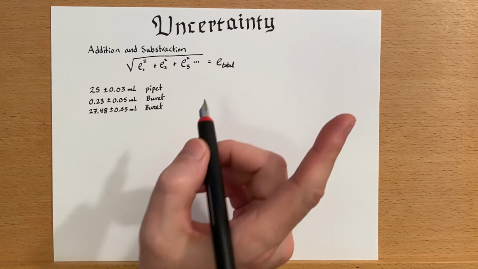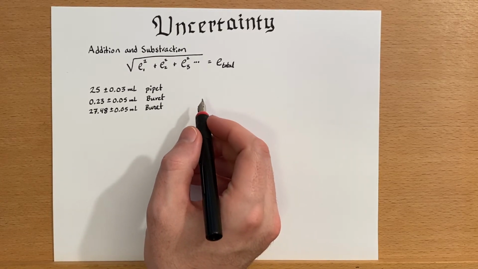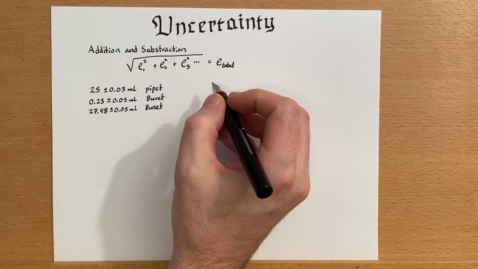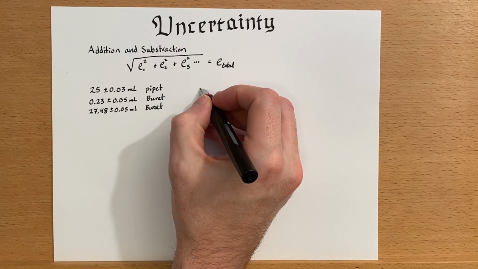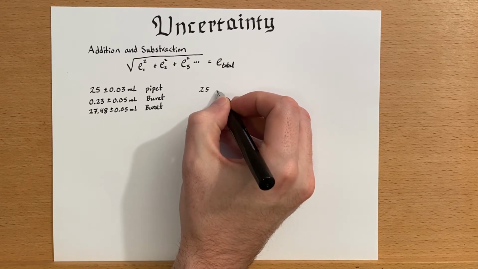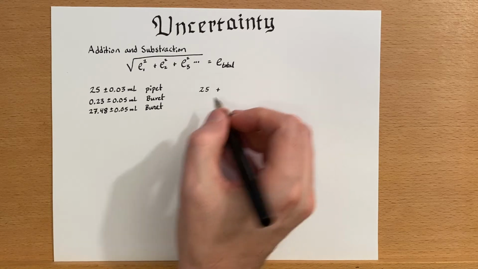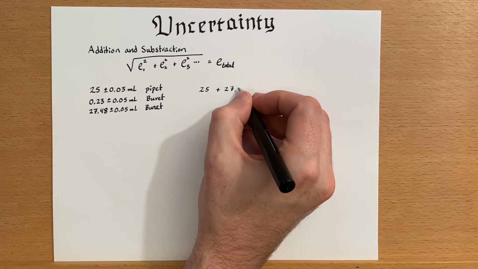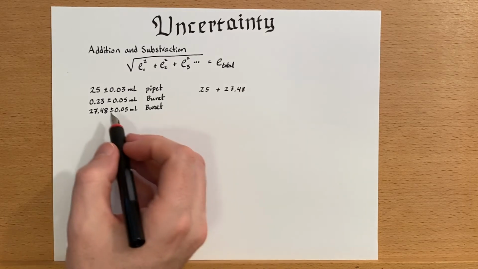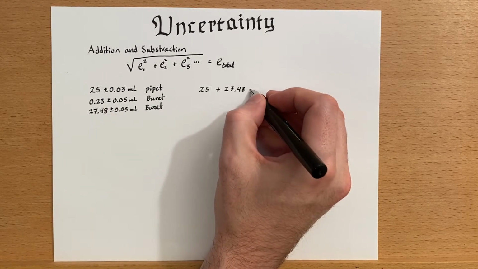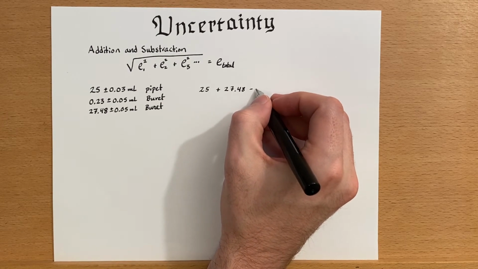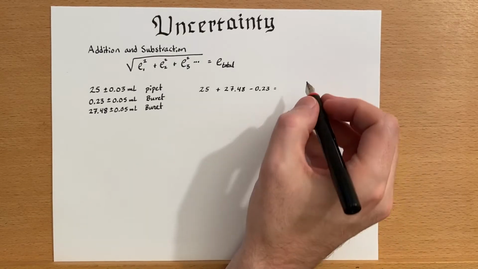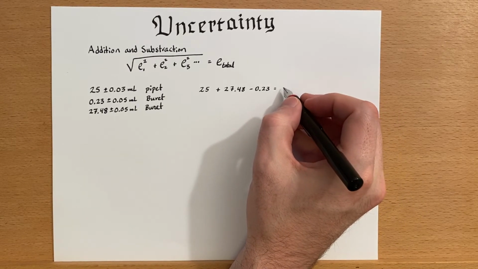So we should first calculate the final volume that I've added to the flask. So I'm going to take 25, and I'm going to add my volume from the burette, and I'm going to subtract the initial volume from the burette so that I only have what I added. And I should get 52.25